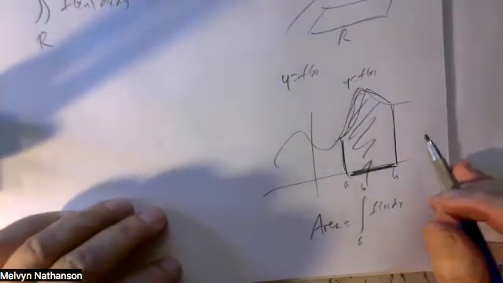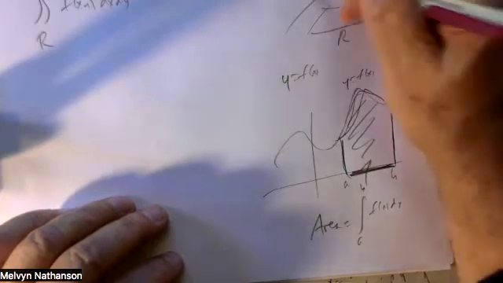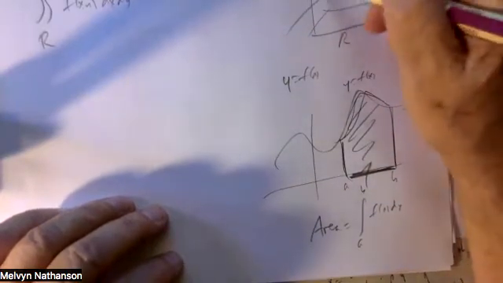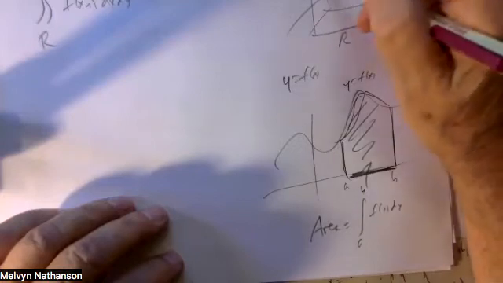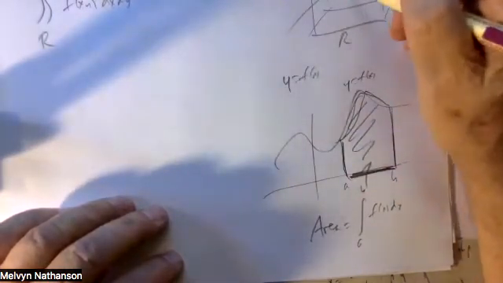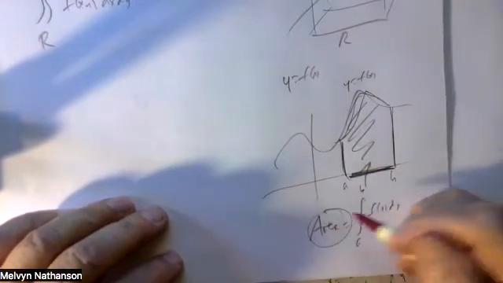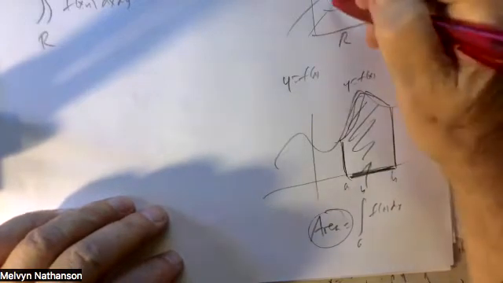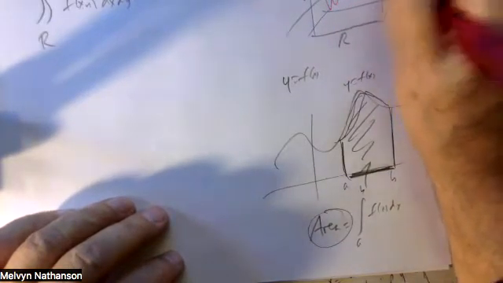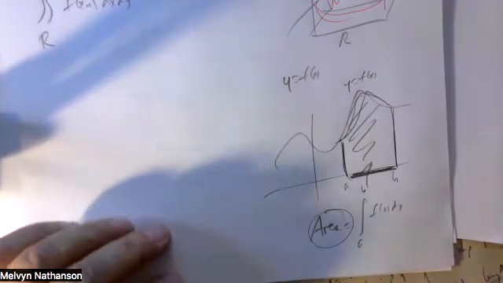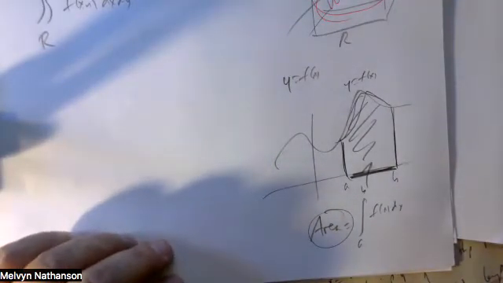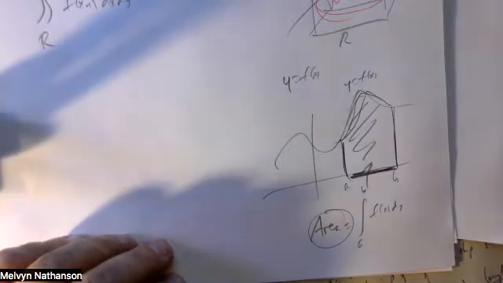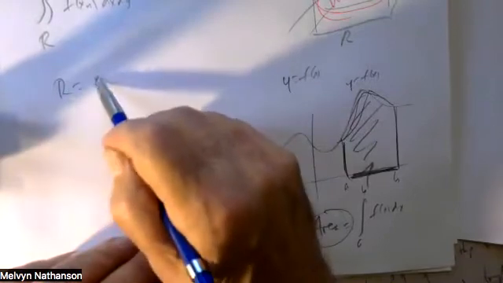So in a similar way, if we're looking at a function of two variables, we have the surface. Let's say the function is non-negative, so the surface lies above the xy plane. Instead of looking for the area, we can ask about the volume. What is the volume under the surface going to be? So let's start with the simplest case. And the simplest case is where R is a rectangle